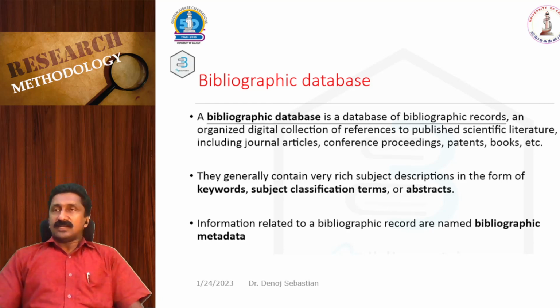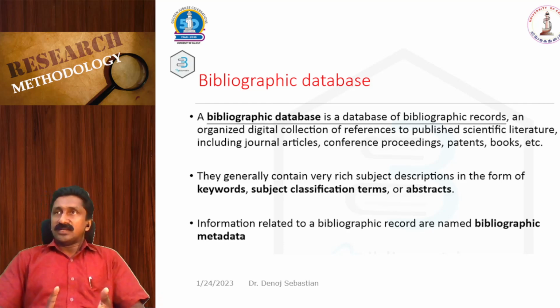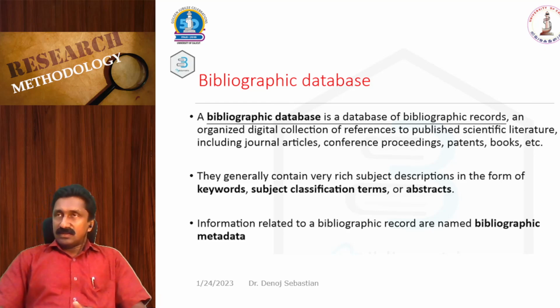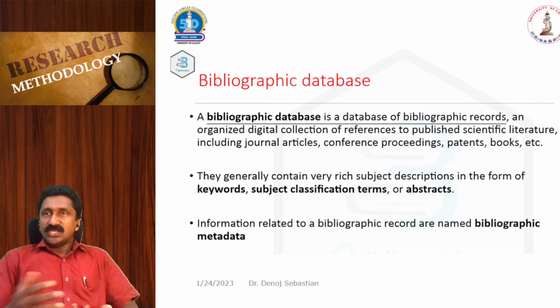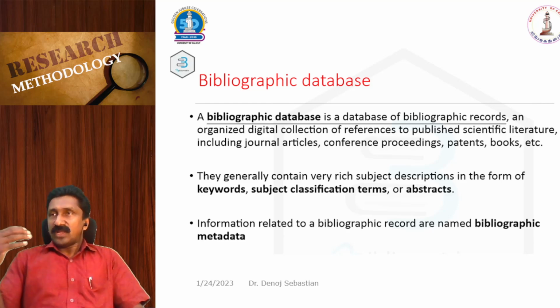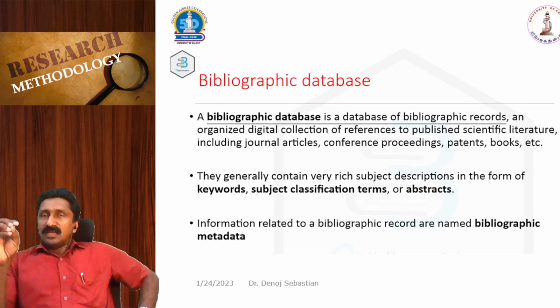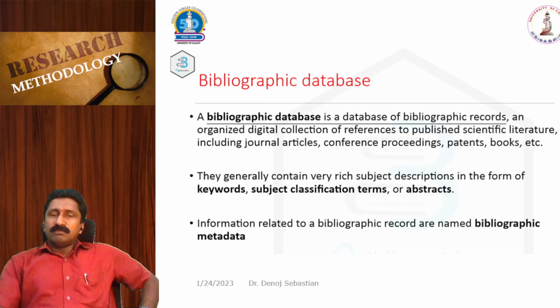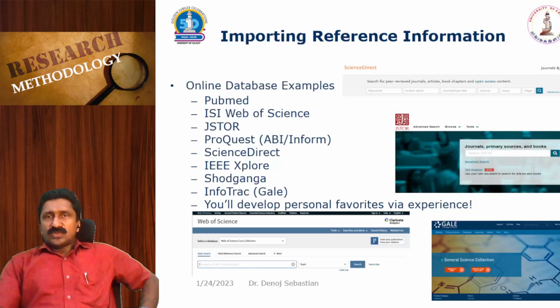So every article or every piece of information in the database will have various fields: author name, journal article name, publisher name, the start page number, end page number, DOI number, PMID, abstract. So these are all various fields in the database. For every article, such information will be there, which is known as metadata. That metadata can be downloaded by just connecting to the database and giving the corresponding unique entry. The information related to the bibliographic records is named bibliographic metadata. So these are some of the